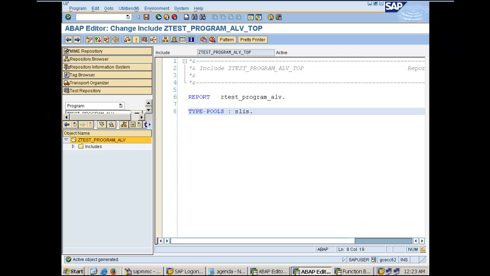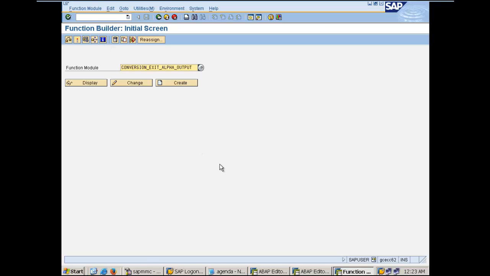The other thing which you need to understand is the concept of field catalog. Basically, field catalog handles the properties of a particular field. We can set colors, we can set hotspot, we can set the positioning, we can make a reference to a particular table, a particular field, and so on. So that is one thing. The second thing which you need to know here is that there is a standard function module, REUSE_ALV_GRID_DISPLAY. Basically, this is the function module which will convert our internal table into an ALV